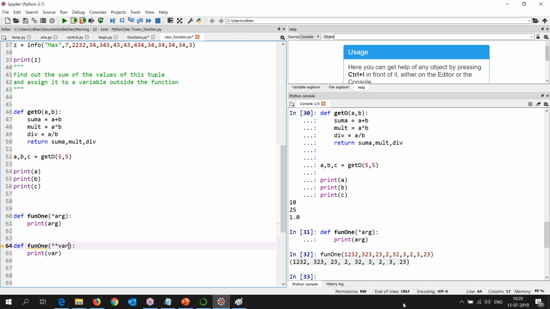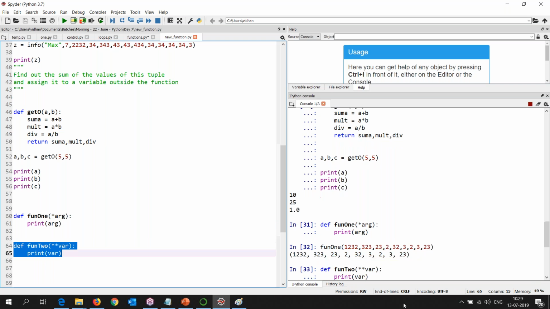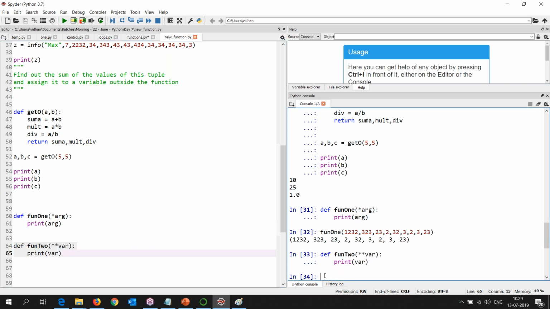Okay, we also have a concept where we use double asterisk, and these are used in case we want the value provided to the function to be a key value pair. Right? These are basically an indication of your dictionary. Again, you don't have to go too deep into this because you won't be needing it. But still, so you can have